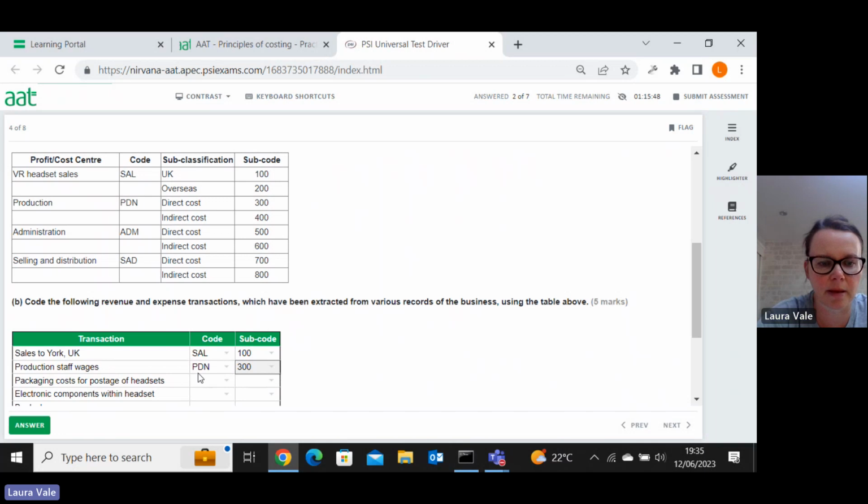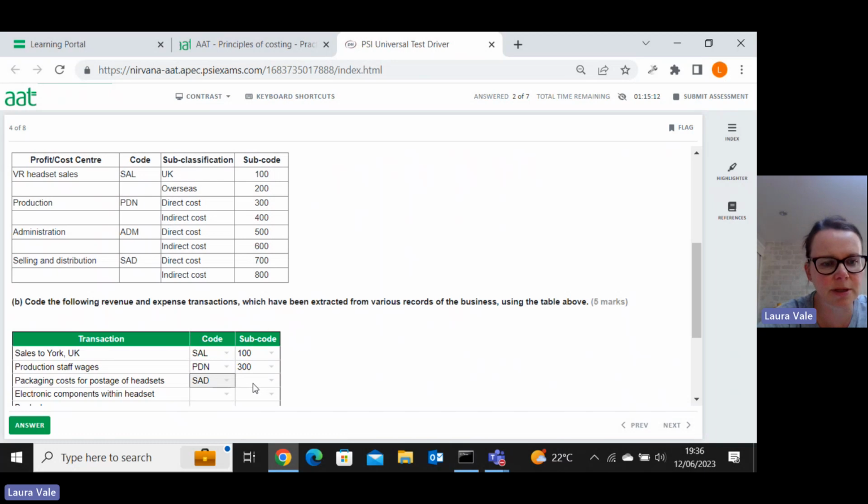So that's what we've got here. Packaging costs for the postage of headsets. Right, so postage is to do with selling and distribution, so SAD. Now, this is a little bit naughty what they've done here, I think, because you only have direct costs of production. So as soon as you've got admin and selling and distribution, having these codes for direct costs, you would just never use them. So a bit odd, but